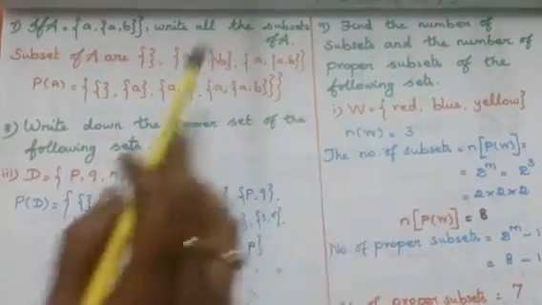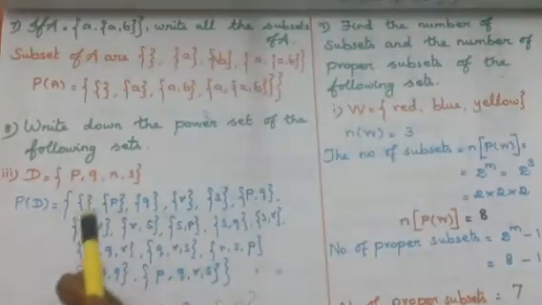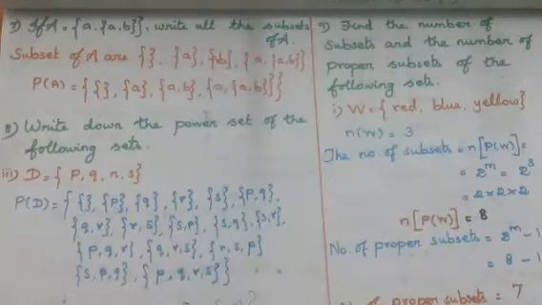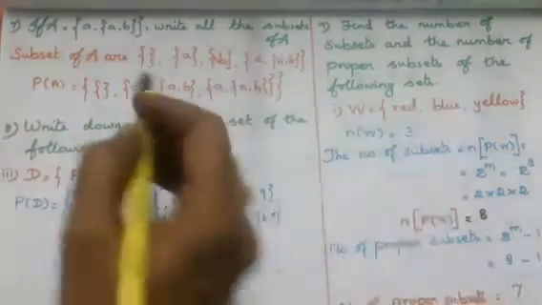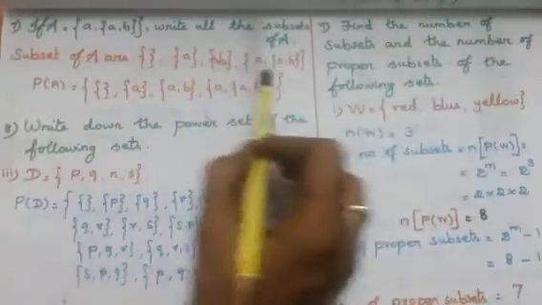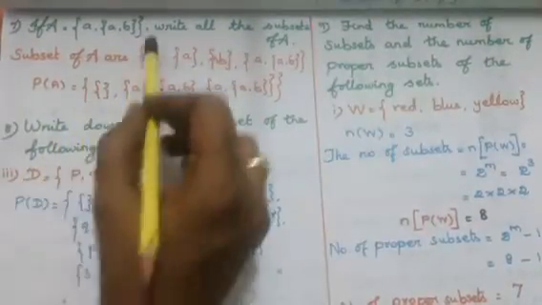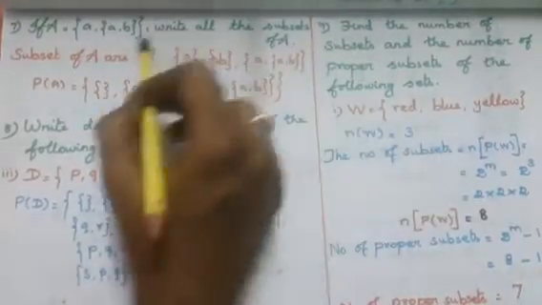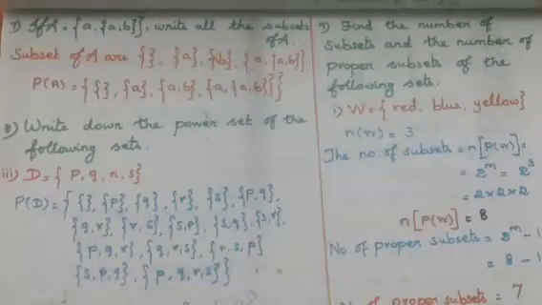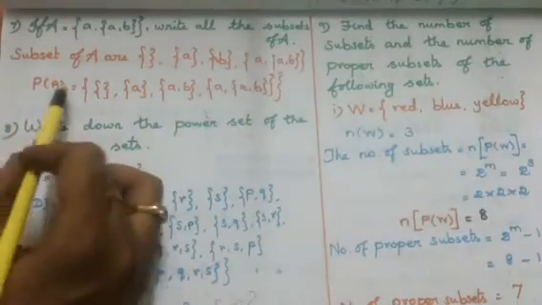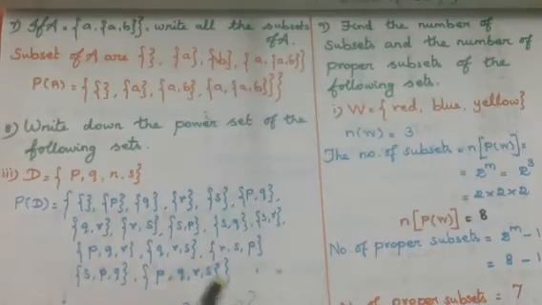Okay, now we write the power set. What is a power set? Power set is P of A. Power set means when we write the subsets inside a set. When we write the subsets inside the set, it is a power set. That is, writing the subsets inside a set is called the power set, that is P of A. We have to write all the subset values fully inside one set. That's all. Okay, next sum.